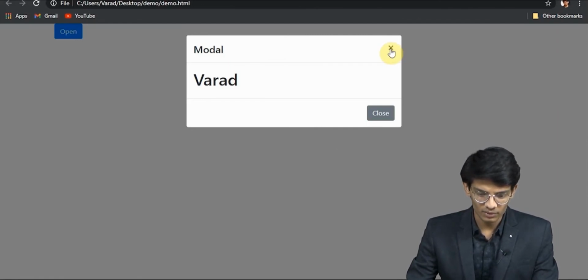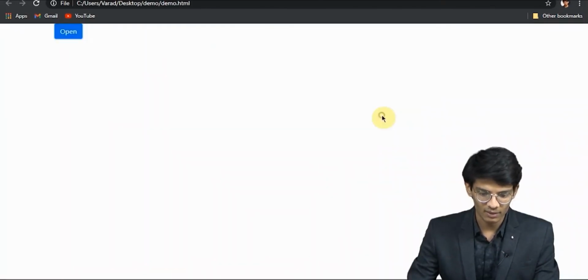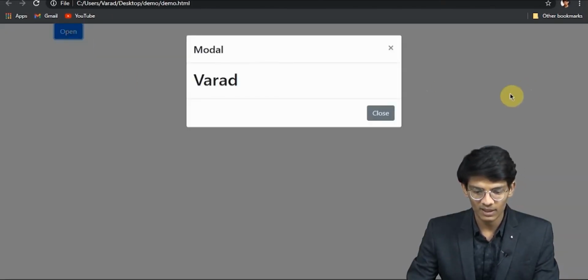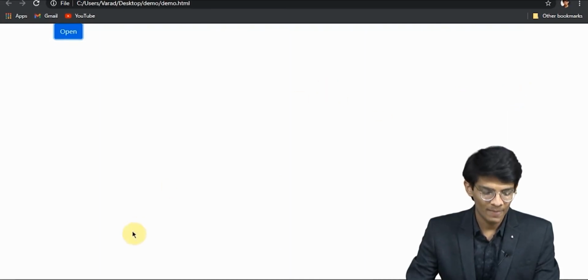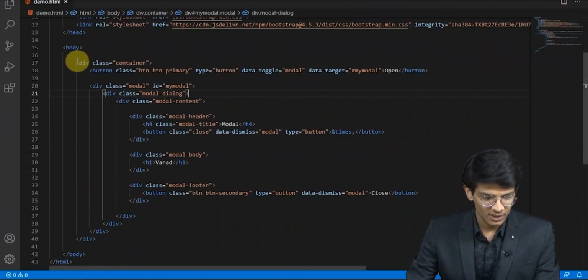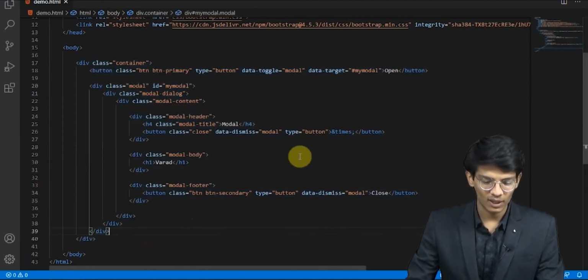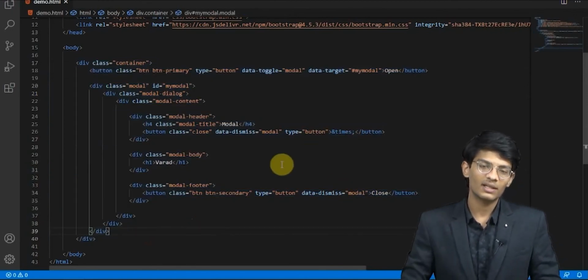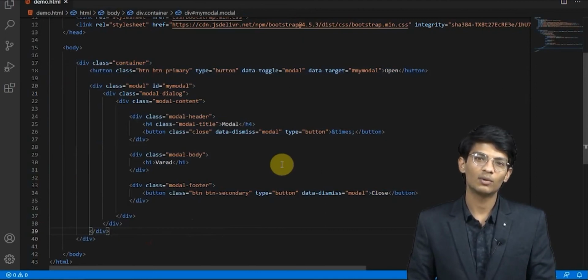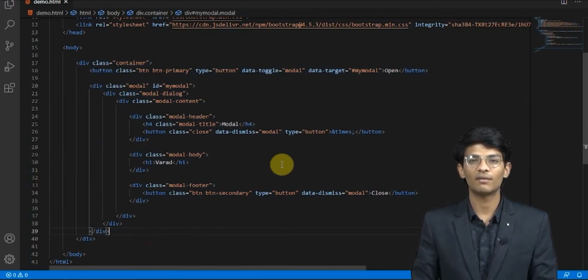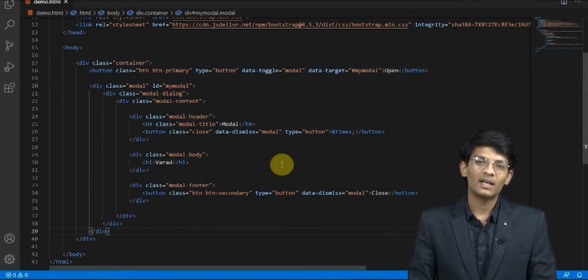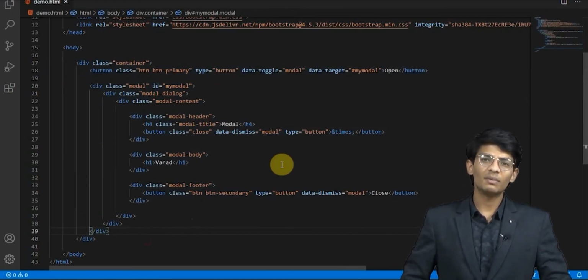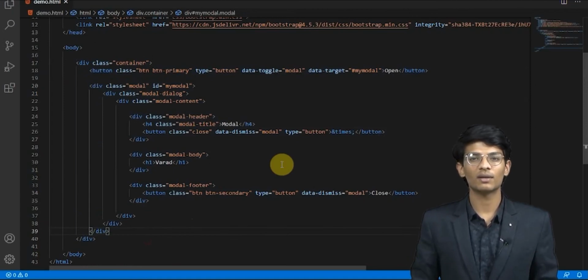So you get two buttons to close that particular modal. This one would be the cross and the close one. You can also close the modal by clicking off the screen. Okay, so this was the code for modal. Well, we have seen lot many things, and the modal is the most popular thing which each and every website has nowadays. So with this we have completed this session of seeing a particular modal. Well, we'll be seeing some more in the future coming sessions.